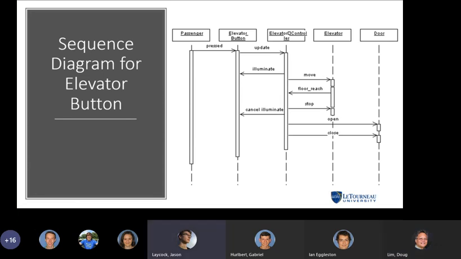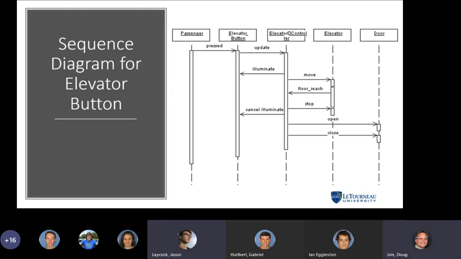Yeah, so I guess the only other one, I recall it saying somewhere, I don't know if it was for UML or if it was for one of the architectures. I've been catching up on a lot of reading, so it's all mixing together. Is it acceptable for the elevator controller to communicate directly with the door, or should that technically go through the elevator, which would then tell the door?